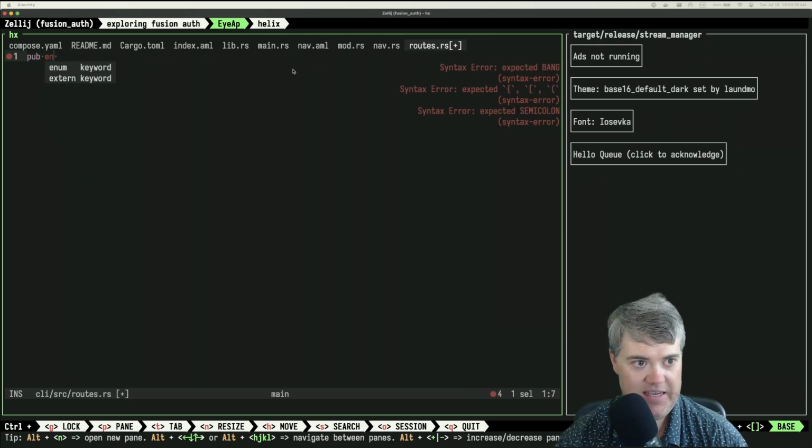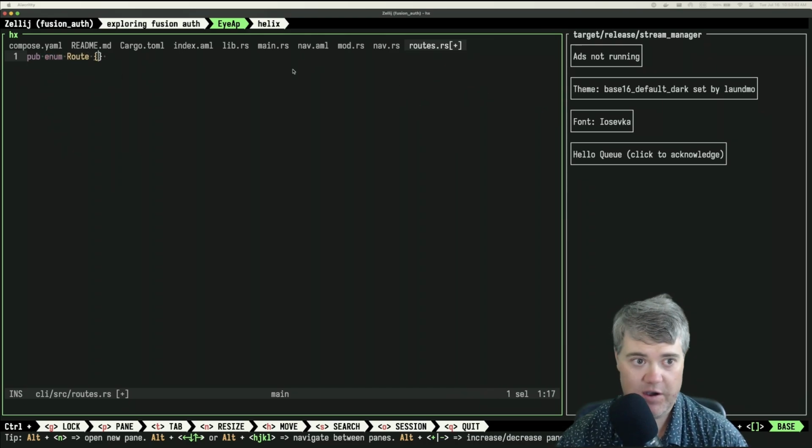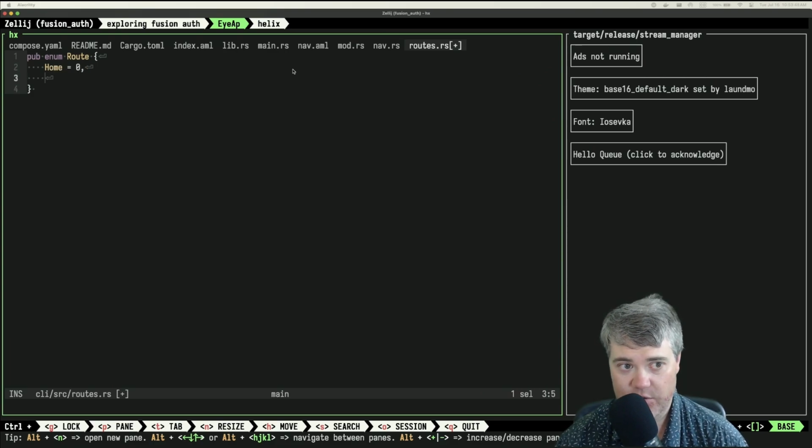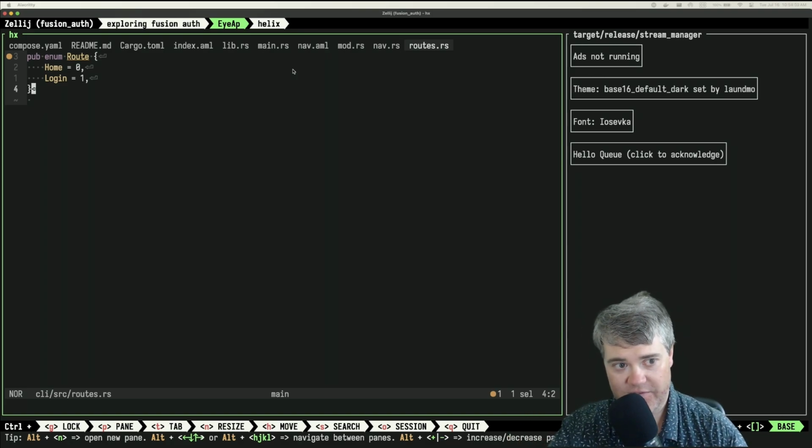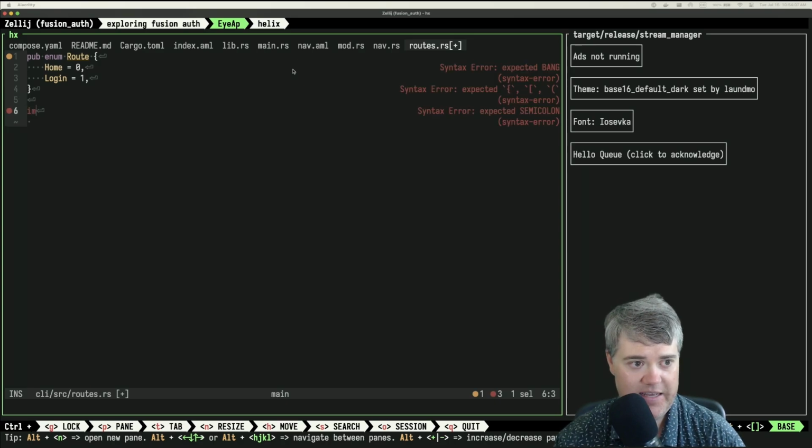Let's do a pub enum Route for which current route we're in. We're going to have the choice of home route and login route. I think those are our choices, right? I also want to be able to go through all the possible routes here, so let's do an impl